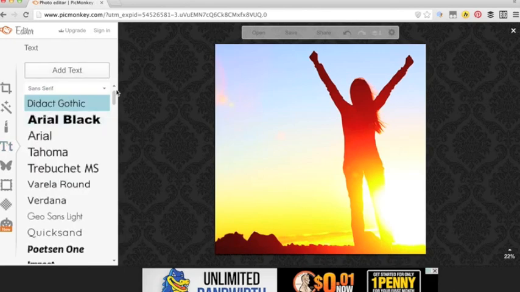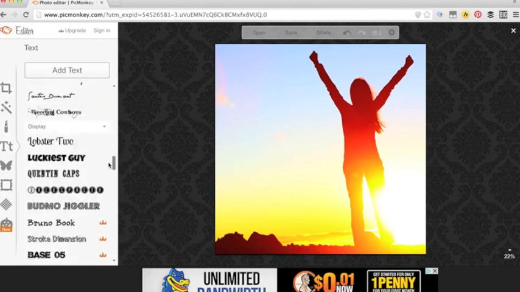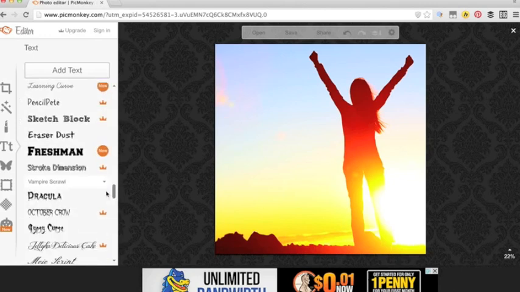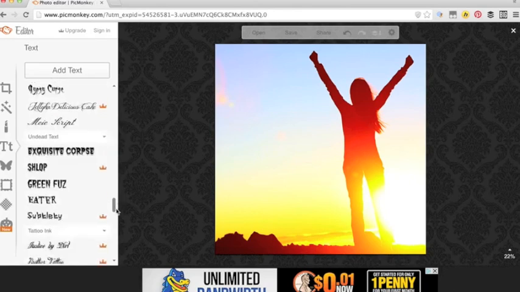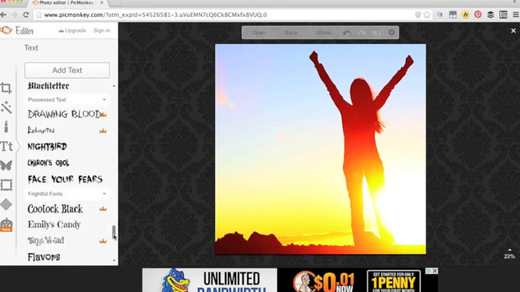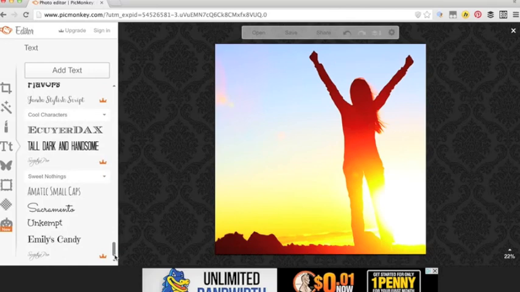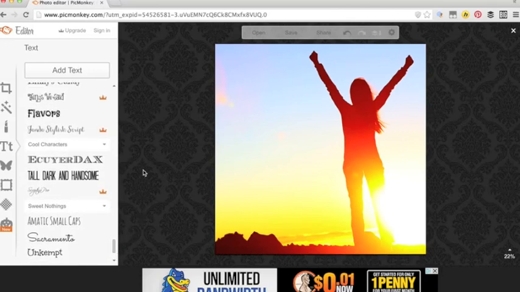And you can see that there are a ton of fonts here in different styles. Again, the ones with the little crown are not available for free, but everything else is available for free. And frequently, PicMonkey adds new ones, so there are some nice new ones here that have just been added recently. Lots of Halloween-related ones, good for this time of year. So we are going to choose a font that goes well with both the image and with the quote that